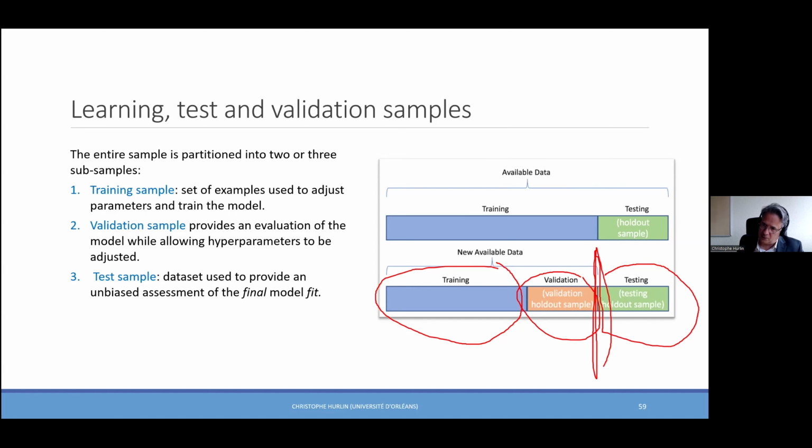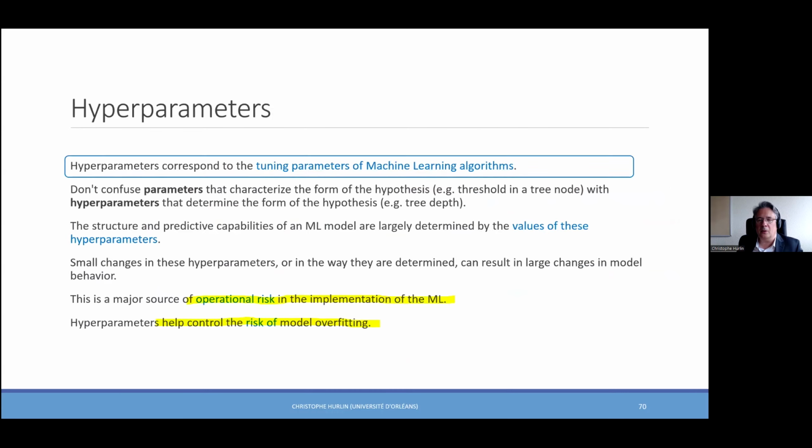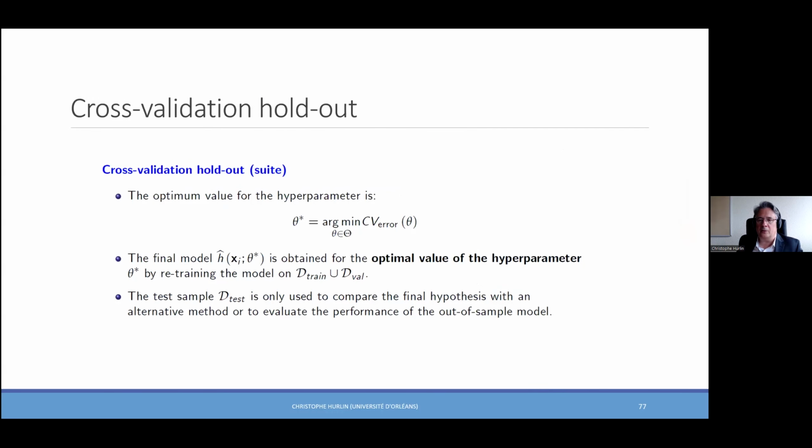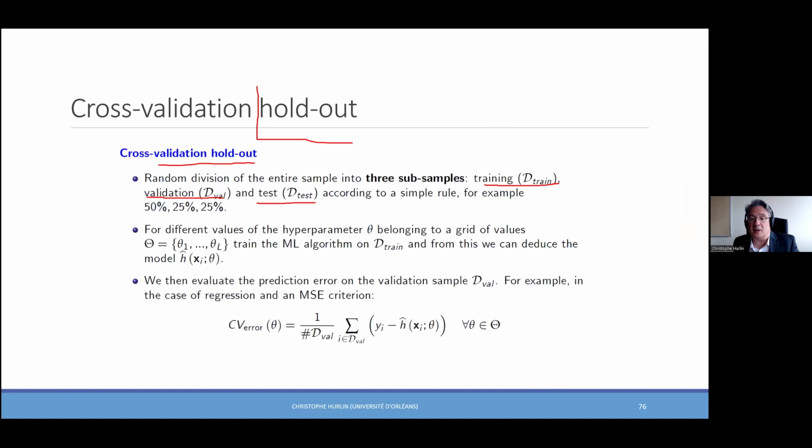We will search for the optimal specification with these 2 data sets, and then we will compute the performance metrics on the test set. Okay, let me go back to the holdout. So in general, for instance, training corresponds to 50% of the observations, 25% for the validation, 25% for the test. We consider different values of the hyperparameters. For instance, the lag order of my polynomial. So I consider theta 1, theta 2, theta L, for instance, P is equal to 2, P is equal to 3.